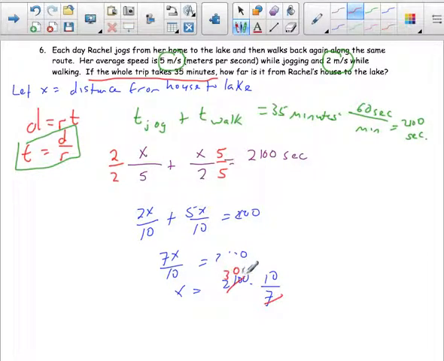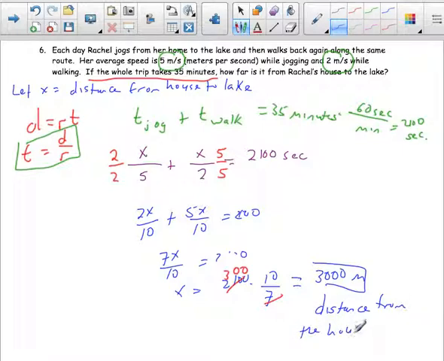So the distance to the lake is 300 times 10, which is 3,000 meters. That's the distance from the house to